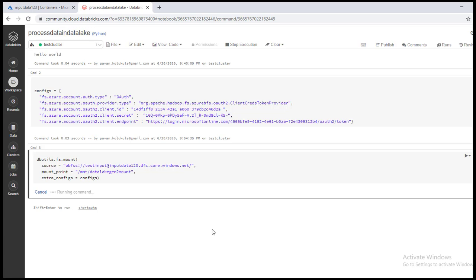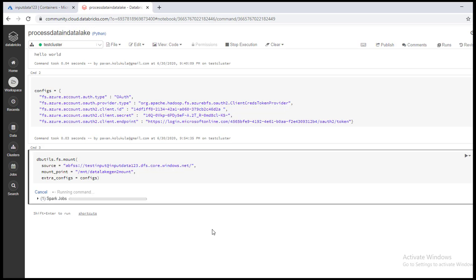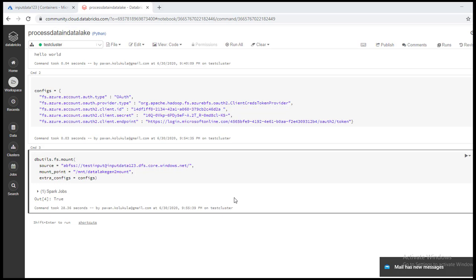This code is taking some time to execute. With this, we will be able to mount the input file into Databricks file system. This is done.